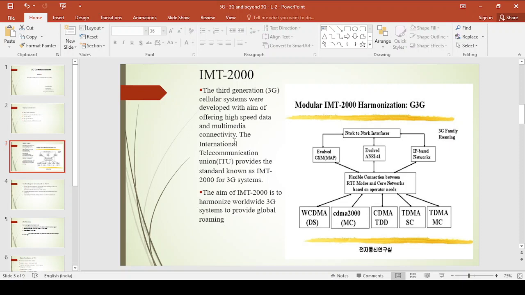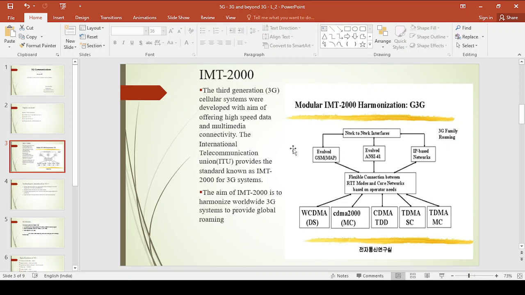If you see the 2G system, it provides digital voice calls and basic data services, right? And text messaging was also included, nothing but they started text messages from the second generation system, right? Now the main aim of 3G is to provide high data rate, right? Because the basic data services started from the second generation only. Now the main aim of this third generation system, or IMT 2000, is to provide a high data rate and